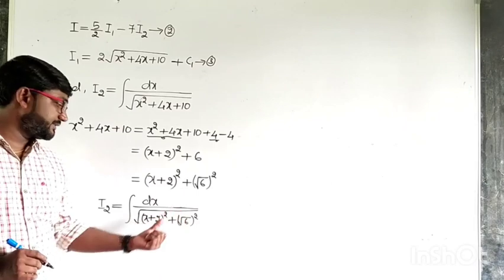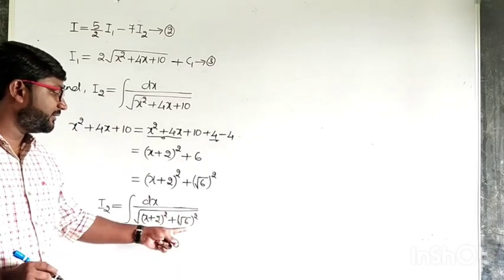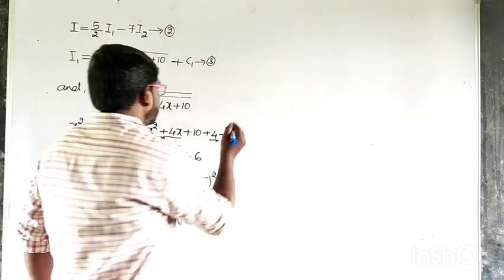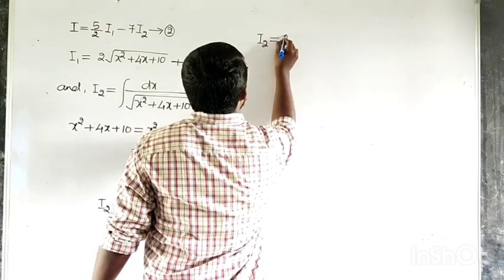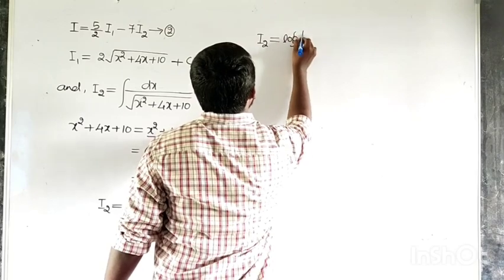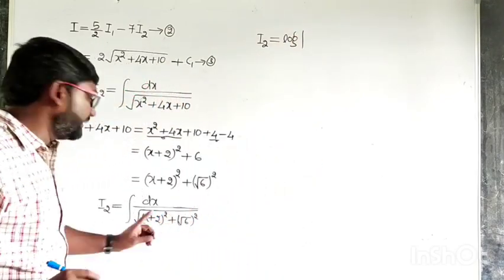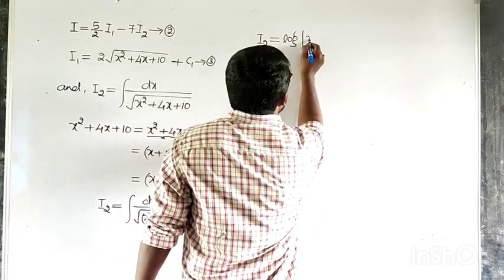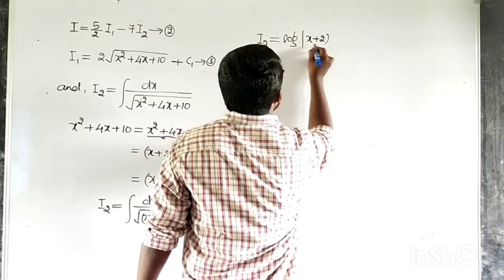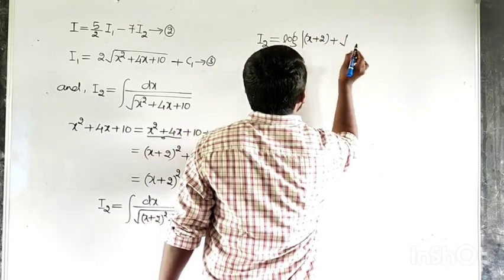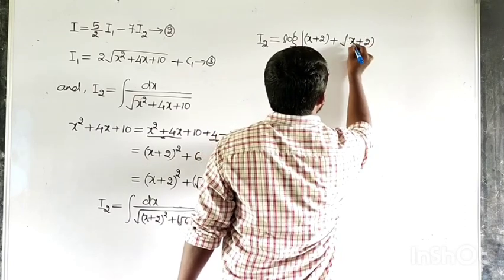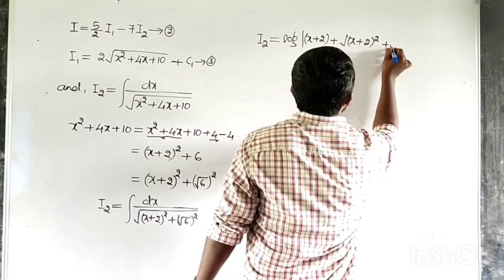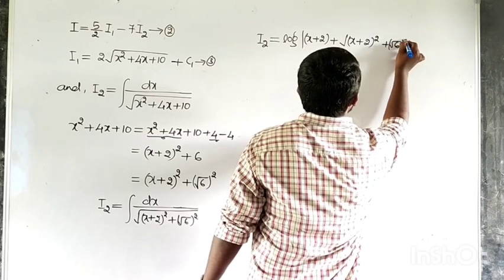Here x is nothing but x plus 2 and the value of a is root 6. Therefore I2 is equal to log mod x, that is x plus 2, plus square root of x square plus a square, that is x plus 2 the whole square plus root 6 the whole square,